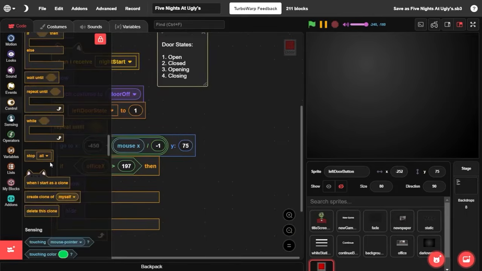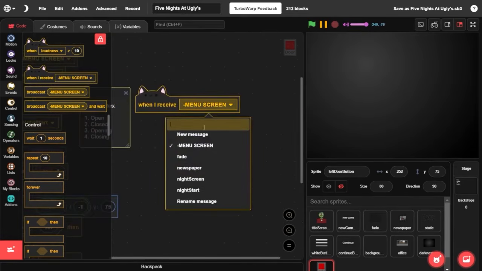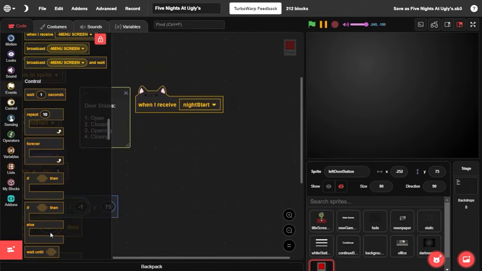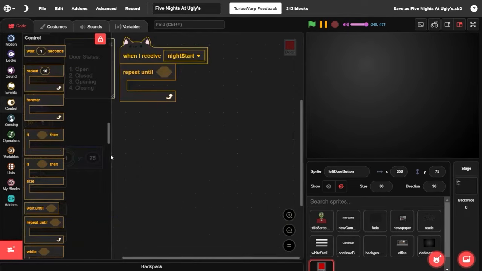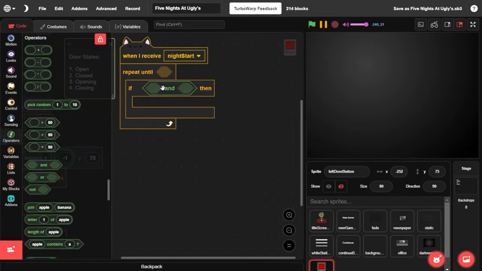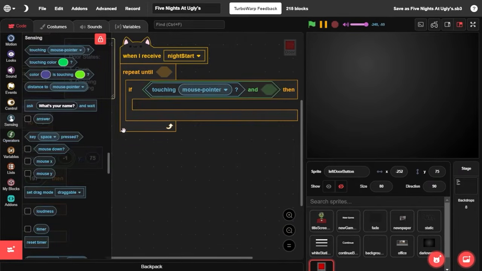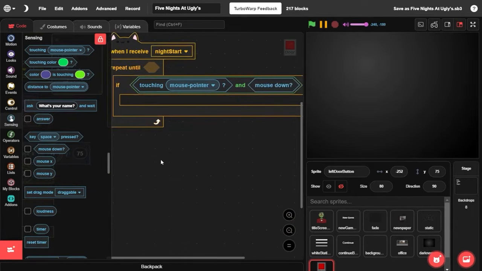I'm just renaming it. Now what we need to do is grab a when I receive, and we are going to be testing on Night Start. So underneath your Night Start, we're going to grab a repeat until, and then under this repeat until, we are going to grab an if statement, come to operators and throw an and in there. So if touching mouse pointer and mouse down, meaning we are touching the button and we are clicking it,